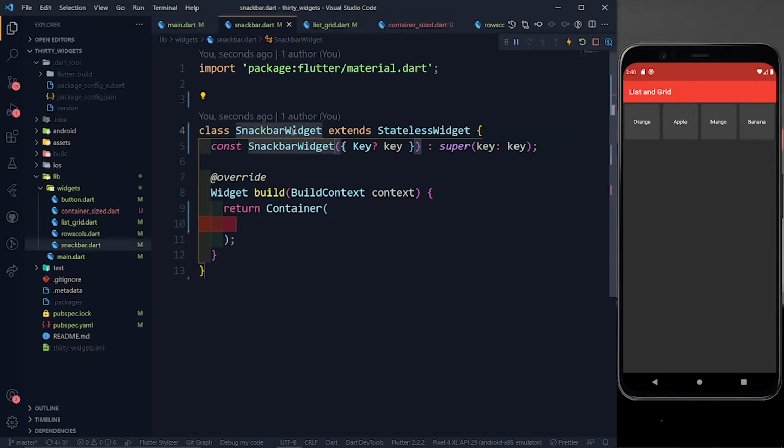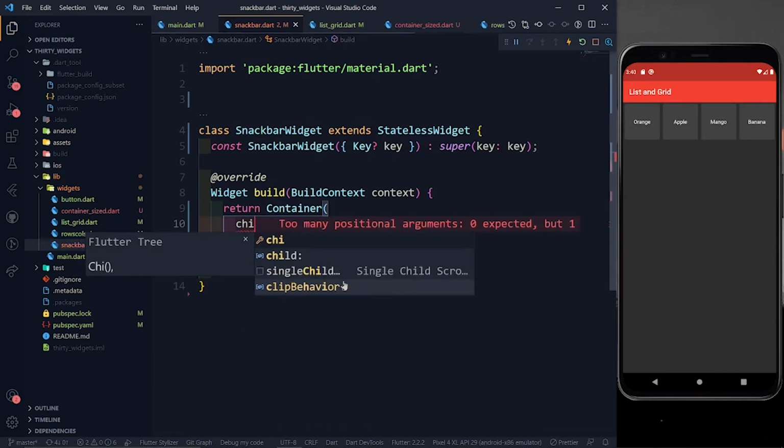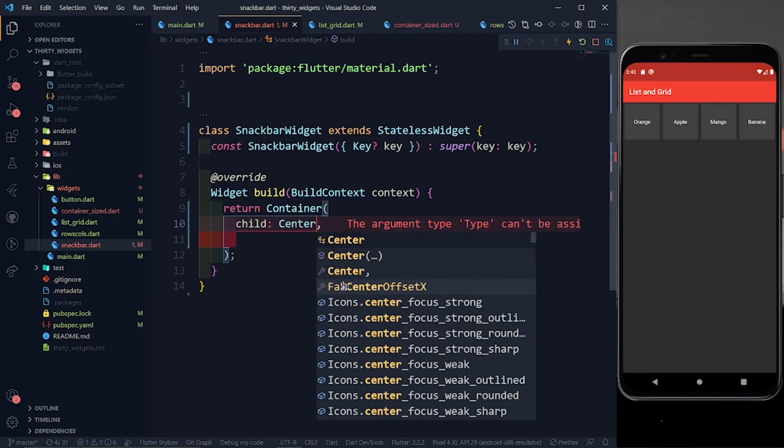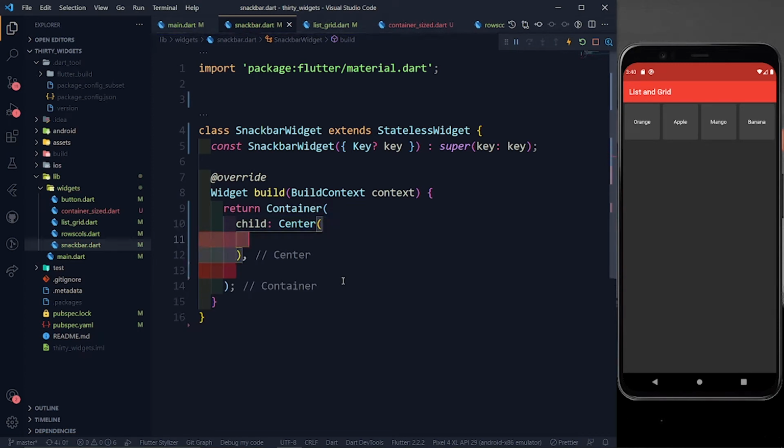Make sure you don't give the snack bar name only because that's a keyword. That's an already given name to a class, snack bar class, right? So give something else. As you can see, I'm giving snack bar widget. Right, so now I'm going to return a simple container which will be having a child of center, and in the center I'm going to keep a simple elevated button.